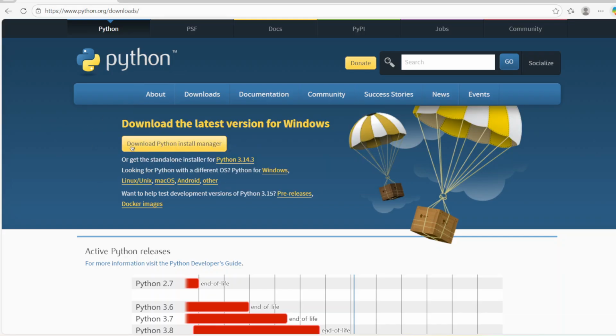website. Now there is a download Python install manager, but I don't think I will do that. I'd rather prefer the standalone installer. Now I do have Python 3.14.3 installed on my device, so I won't do that. If you do it, it will actually show you a nice graphical user interface to navigate through the setup, and it's really simple. So after downloading this, you would usually need a text editor to actually write your code in,